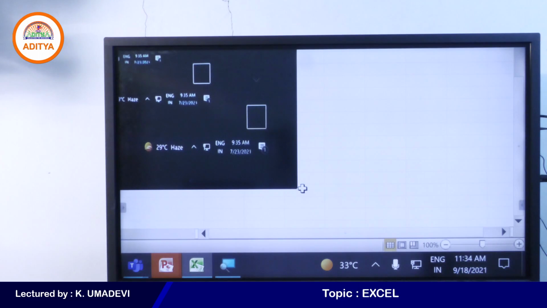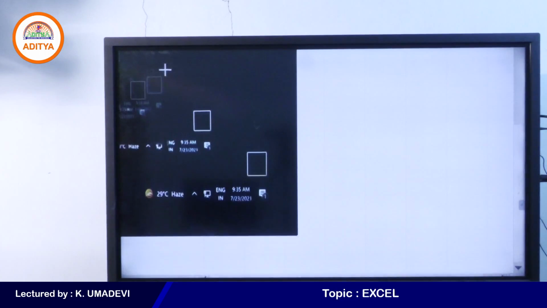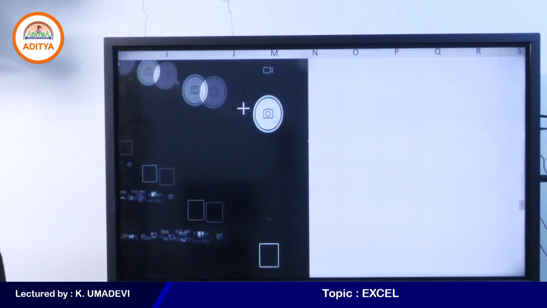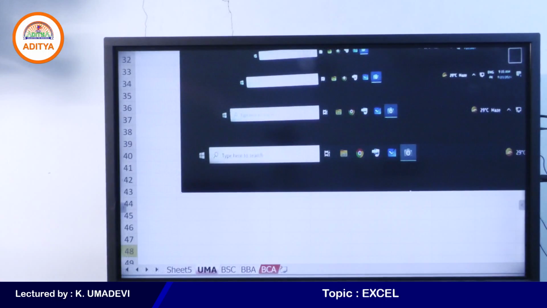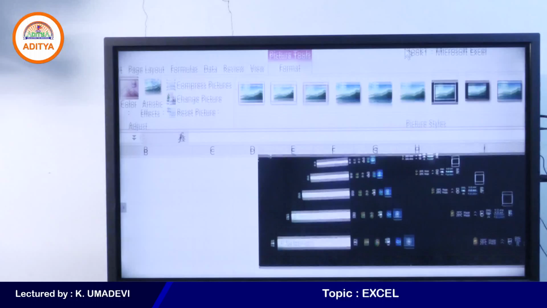So if you want to reduce the size of the picture, simply click on sizing handles. So click on the arrow and reduce the size of the picture.